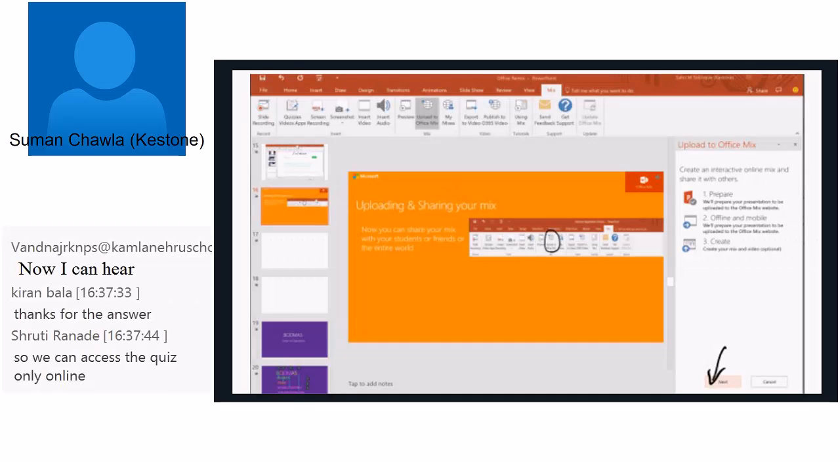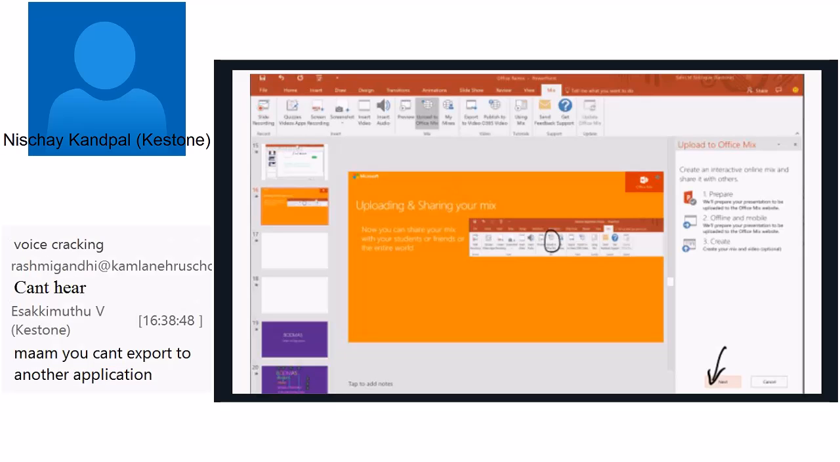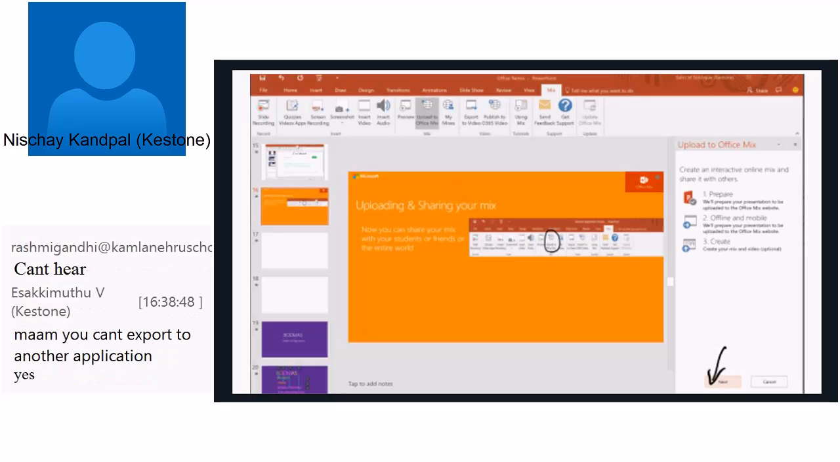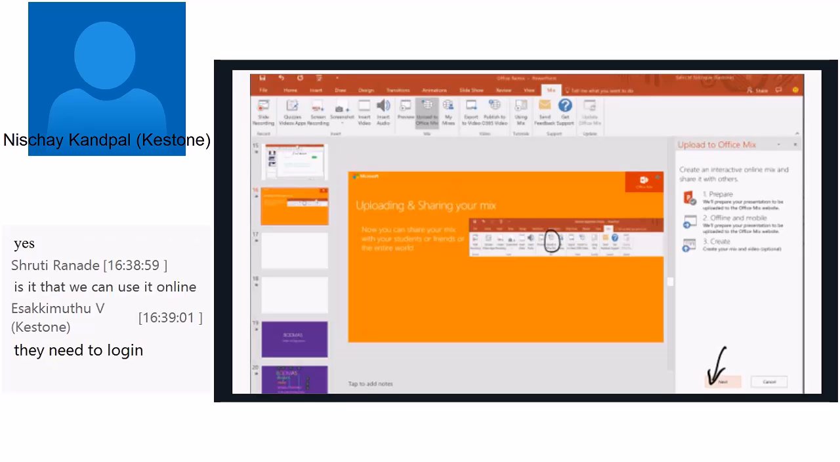Exactly. You cannot export it to anything else, but there are certain additions to these quizzes that you'll be making. If you make them offline, those features, those things you might not be able to work around. So I think he's going to take you around on those. Okay, I'll carry on. Thank you. So once you click on,